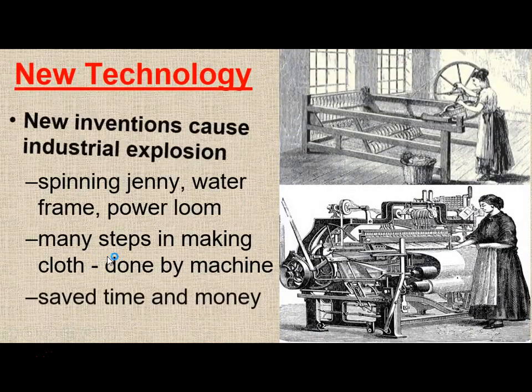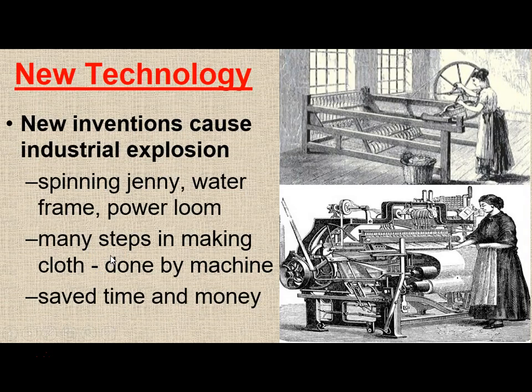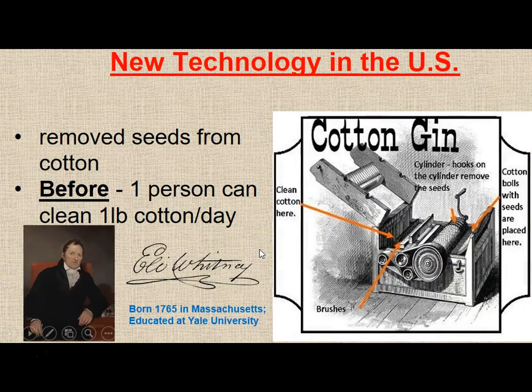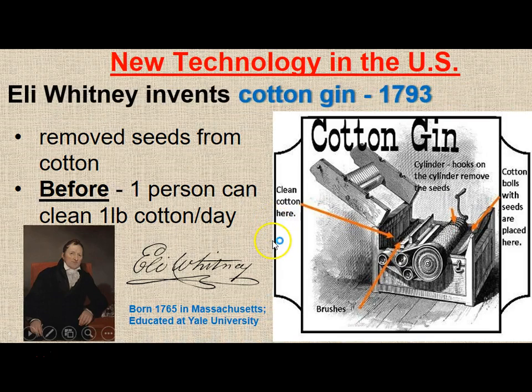New technology, new inventions, the spinning jenny, water frame, power loom, all of these things decrease the steps and time to make a finished product, i.e. clothes. And since things are cheaper, then more people can buy it. And if more people are buying it, then more money is flowing and more jobs are had, in a way, until technology replaces those jobs with some other invention. But this is how things kind of get going.